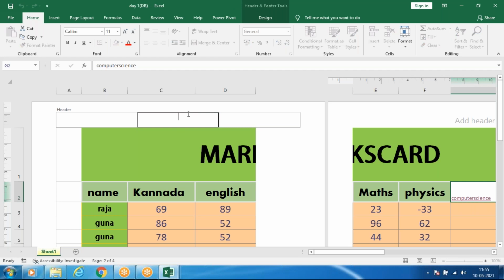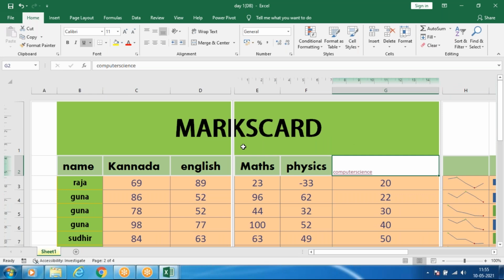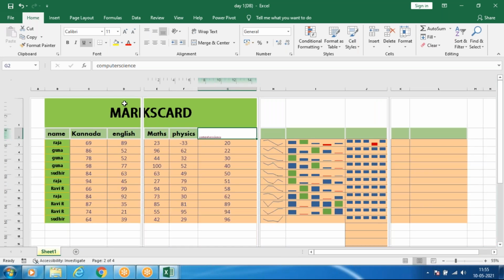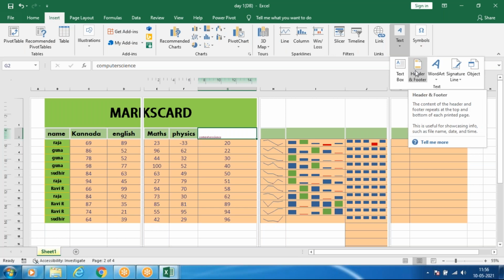So here also, whatever you want in all the pages you can make a header or footer. So that is the use of header and footers.